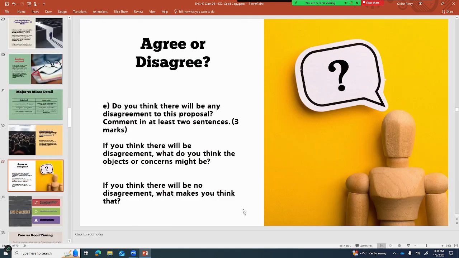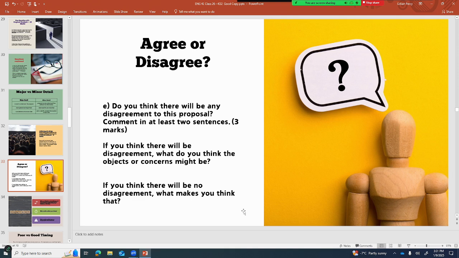E, do you think there will be any disagreement to this proposal? Comment in at least 2 sentences. If you think there will be disagreement, what do you think the objections or concerns might be? If you think there will be no disagreement, what makes you think that? So remember that they are writing these people and asking for a chunk of money.